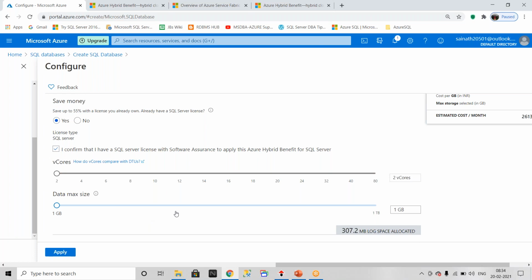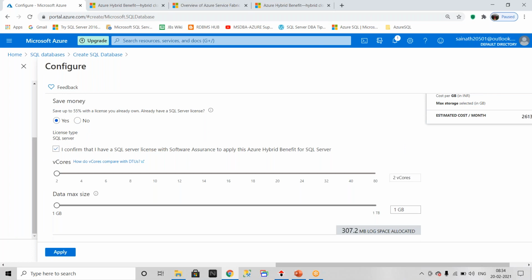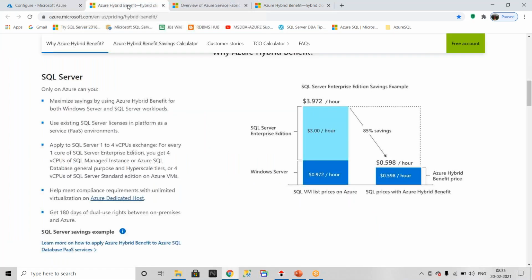So what happens to the CAL licenses, client access licenses, if we have them? This also only mentions the core, right? Yes, we have 2 kinds of licenses: core-based and client access license, that is CAL. So it mentions only core. There is nothing about CAL, so then we cannot. Okay.